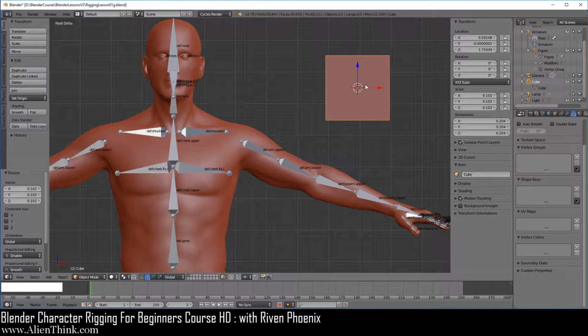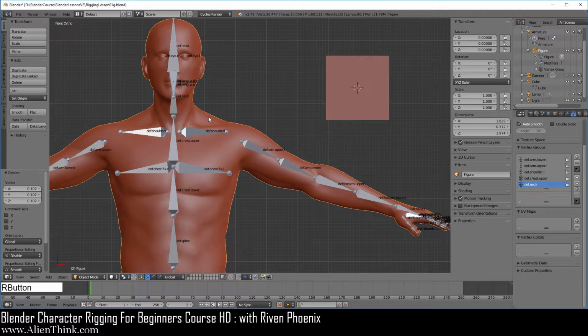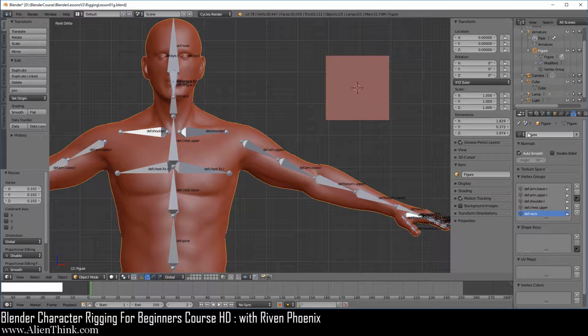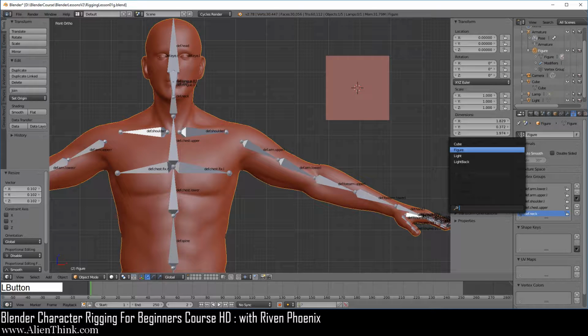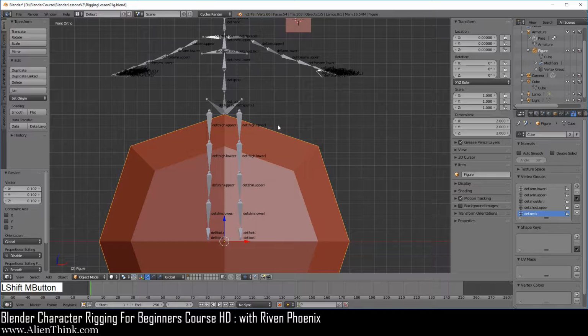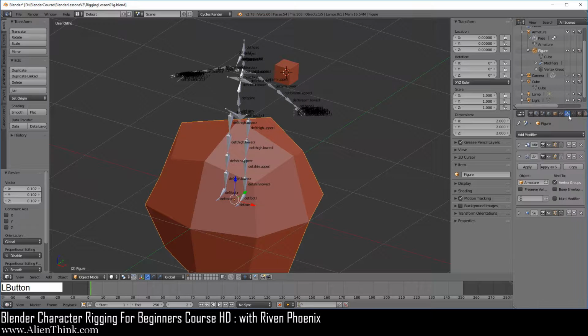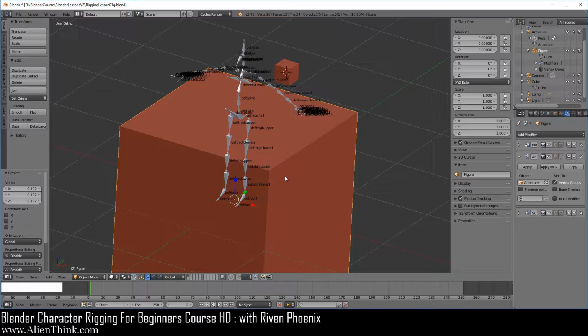So if we click on this figure, go to its data block over here, you'll notice that we can actually click over here and switch the figure to the cube, right? And the reason the cube is even looking like this is because we have modifiers on. So go ahead and turn off everything over here and you'll see that it's just a cube.